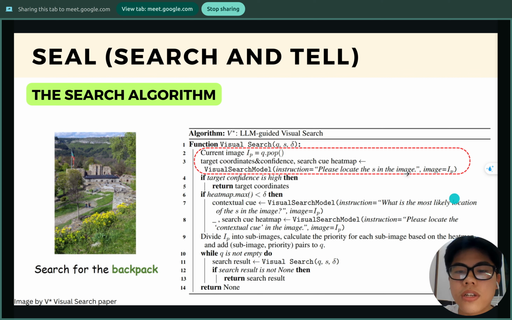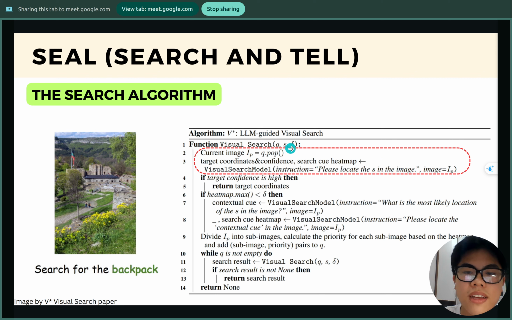The instruction is: please locate the backpack in the image, and that vision language model will return two things, the target coordinates and confidence of that bounding box, and